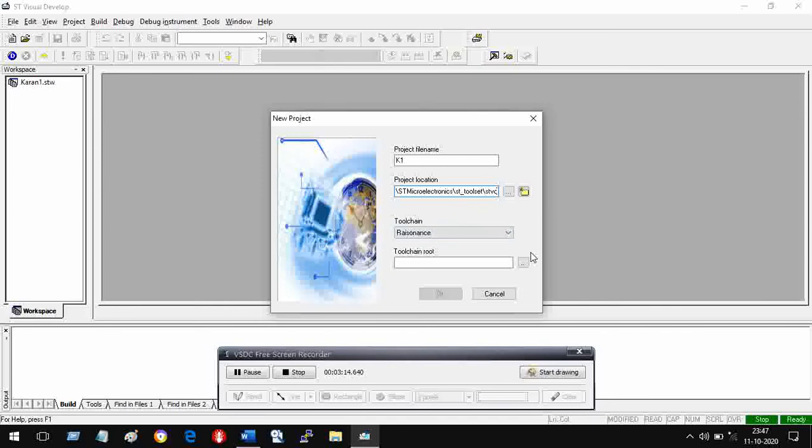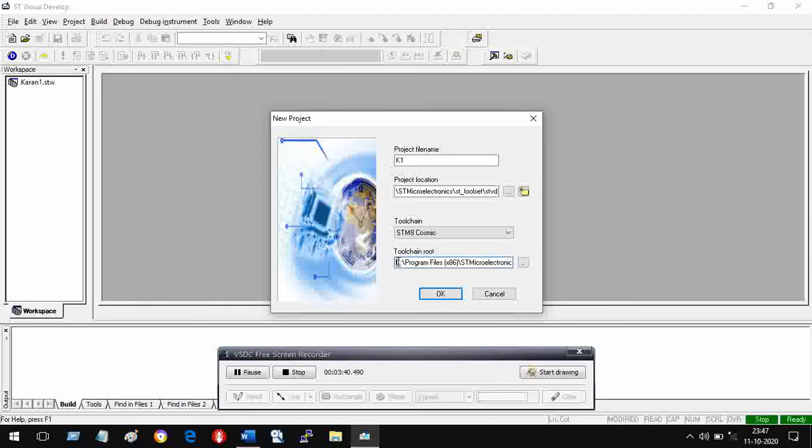And now you have tool chain, because you want a compiler, assembler, all those things. Right now we will not be using any assembler, we will use only a compiler. It is not Resonance in my case, because I had downloaded something different. That something different is STM8 Cosmic. And tool chain root that you have to define.